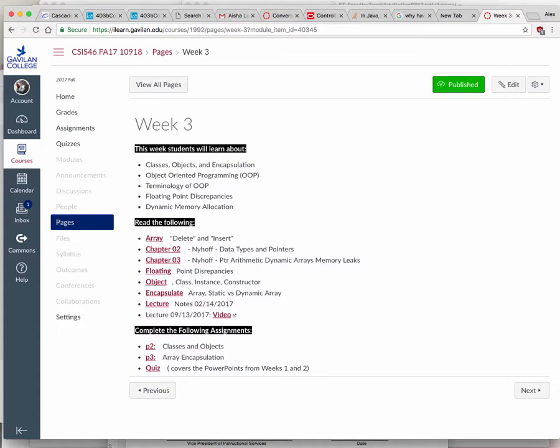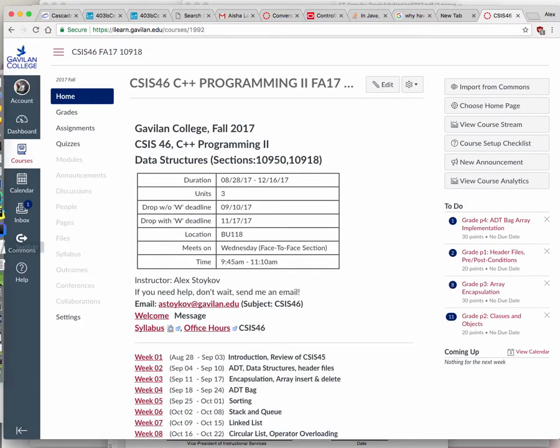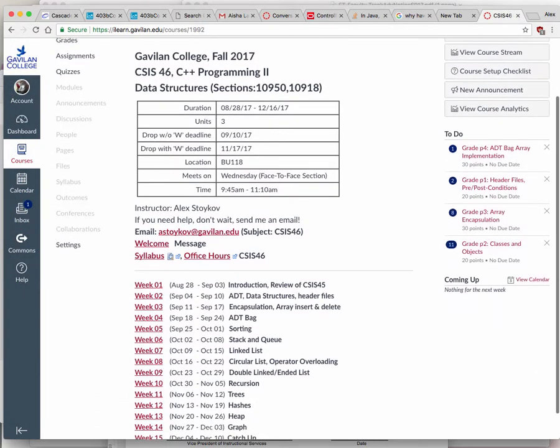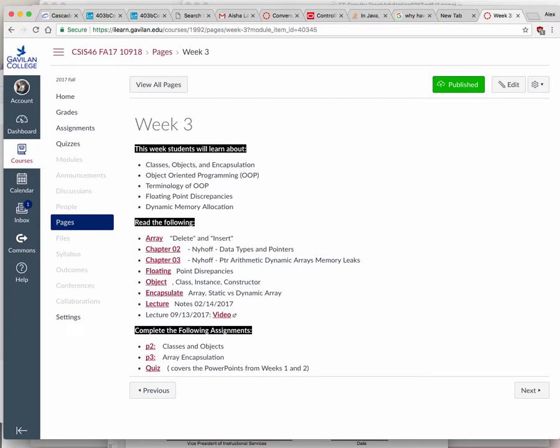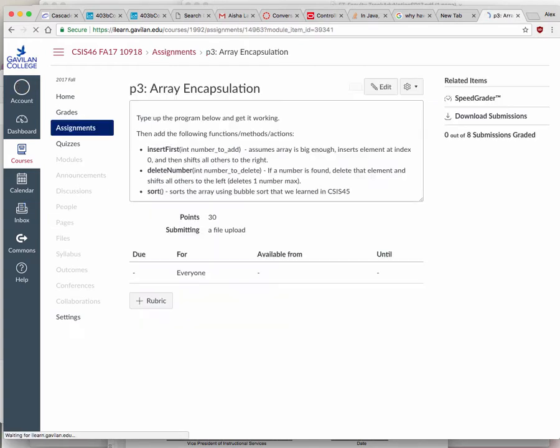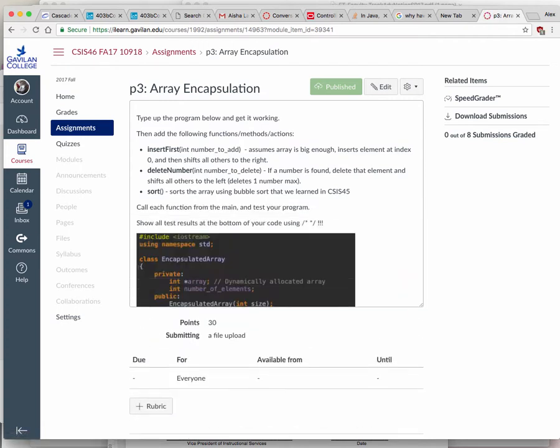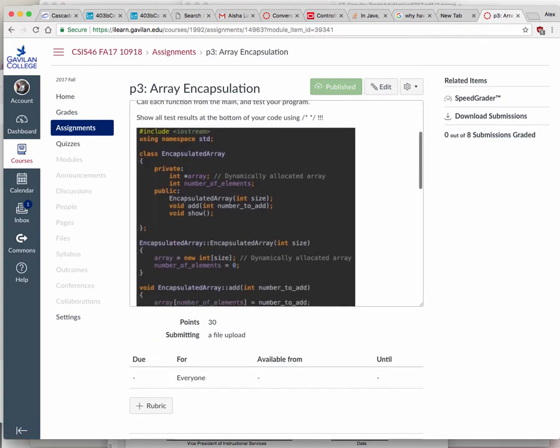Alrighty, so we are doing week 4, right? We finished week 3, which was your first dealing with classes and objects in C++ as far as this class is concerned. We did array encapsulation, which was basically you just have an array inside of a class, and because of that